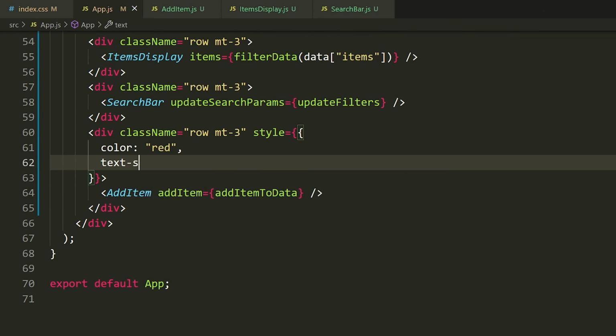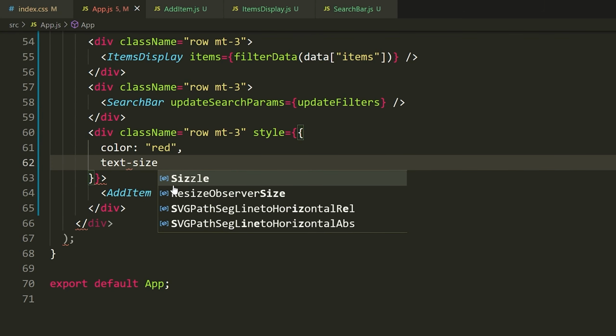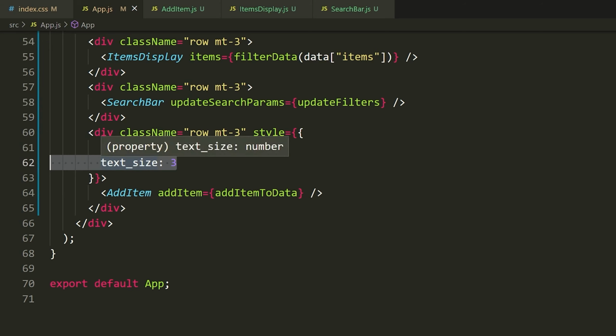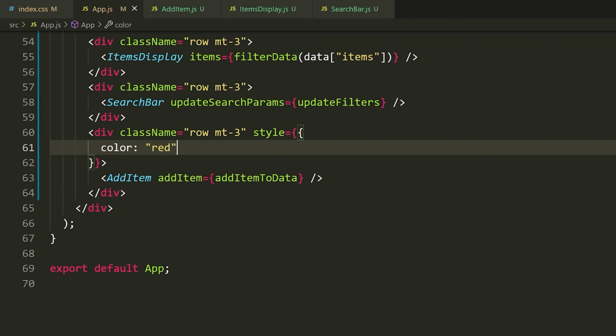And then, I don't know, maybe do like text size, whatever. I don't know what you would actually put here. But anytime you're going to have a hyphen, you would just replace that with an underscore and it should give you the appropriate style. So I don't think text size is actually a style here. I could be wrong or right, but then you would just put 3, and there you go. Now you have your text size. So anyways, you can just do different styles like that. Really straightforward. Just remember that it's called style.